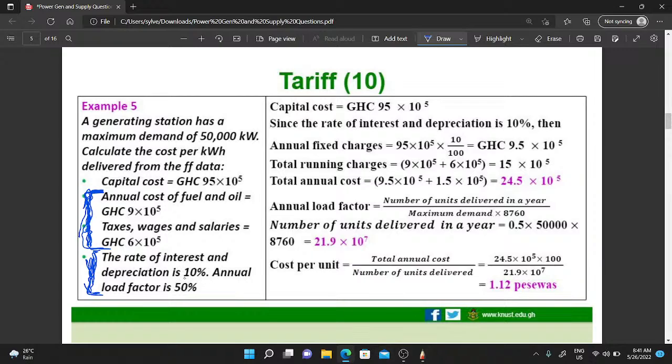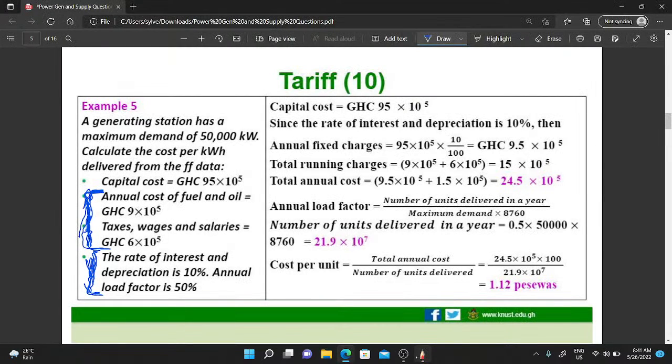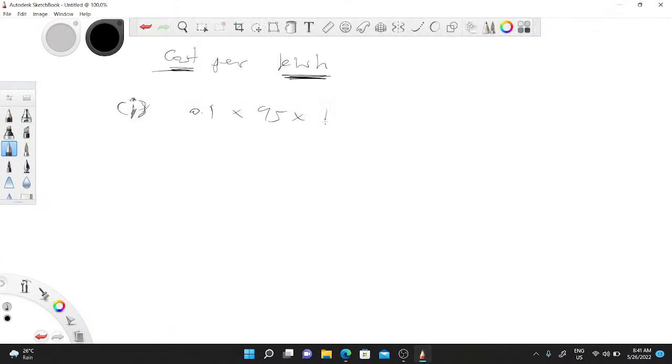So they told us that the rate of interest or depreciation is 10%, which means I have to find 10% of the capital cost. So 10% is 0.1 of the capital cost, 0.1 of 95 times 10 to the 5. So this is the cost arising from the capital cost. So that I'm finding my total cost, it will be this plus